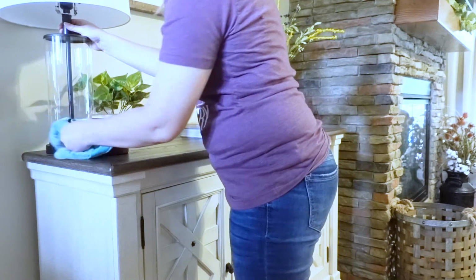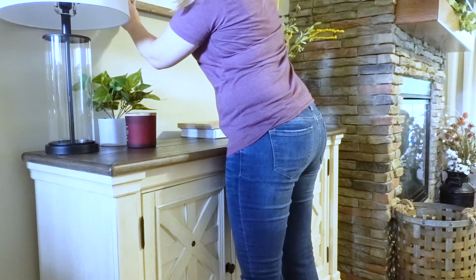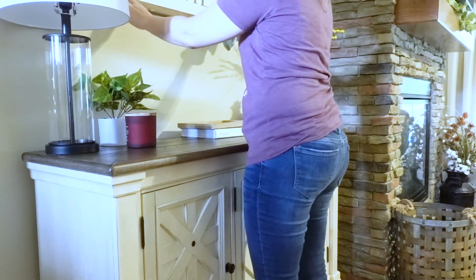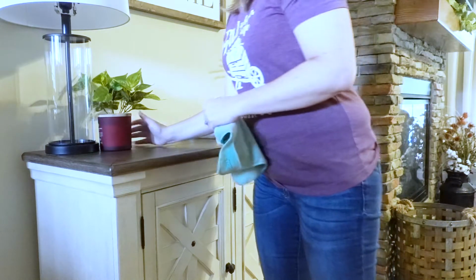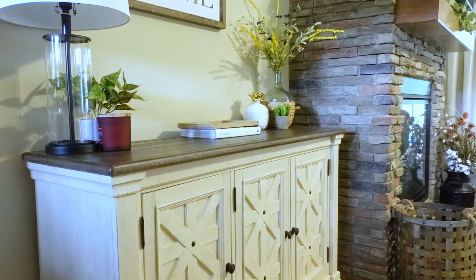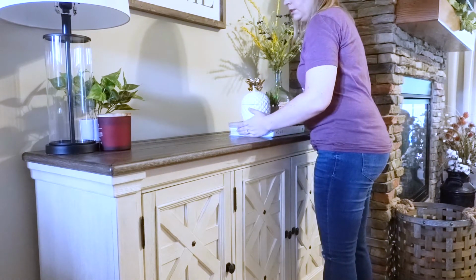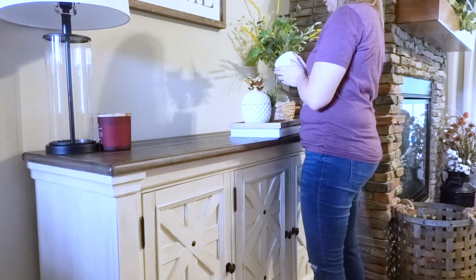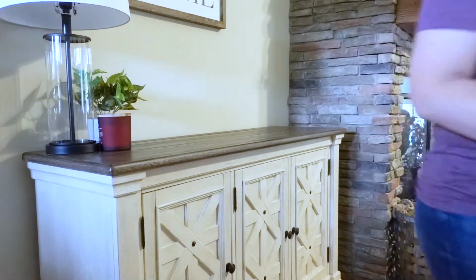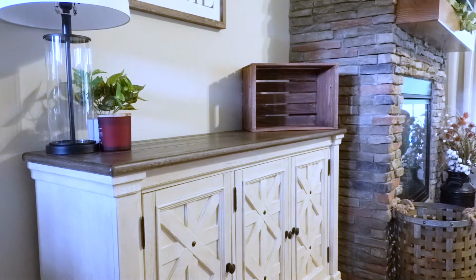So we kept it bare for a while, but I knew I needed something there to fill the space. It was just empty and it looked unfinished if there was nothing there. Over the holidays, we had our Christmas tree right there, so I'm not really sure where we're going to put our Christmas tree this Christmas. But I think that this cabinet just really fills out the space, and it really shows off just the grandeur of it. And I was kind of just disappointed to take down the decorations that I had up there already,